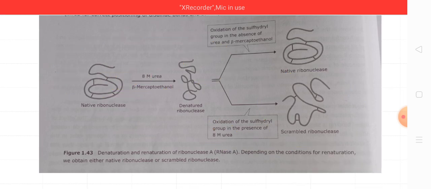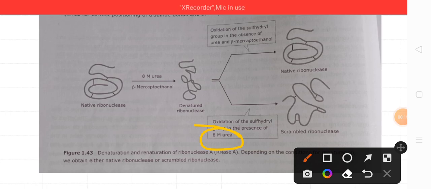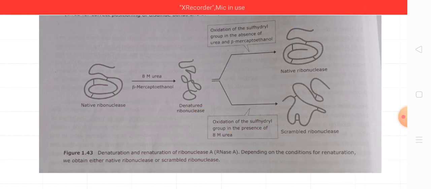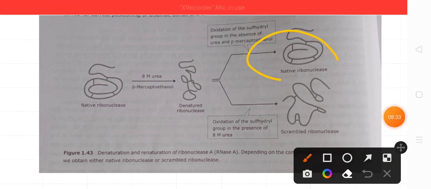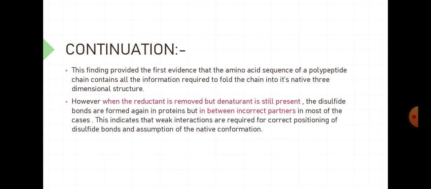Not only that, he also concluded that when he conducted the experiment in the presence of 8 molar urea, the structure that the denatured ribonuclease attains is quite different from the native ribonuclease. That means the weak interactions also have a very important role in assuming the native shape of the protein, right? So that is the first experiment of Christian Anfinsen that tells us a lot about protein folding. Okay. So now